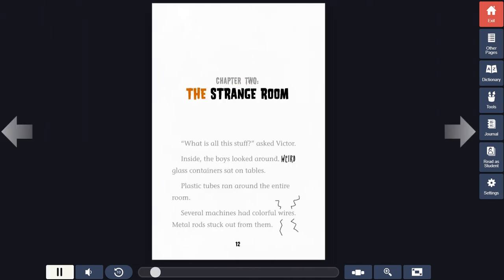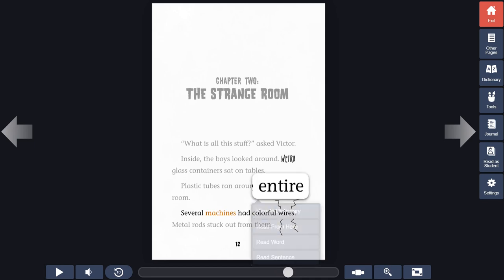Chapter 2. The Strange Room. What is all this stuff? Asked Victor. Inside, the boys looked around. Weird glass containers sat on tables. Plastic tubes ran around the entire room. Several machines